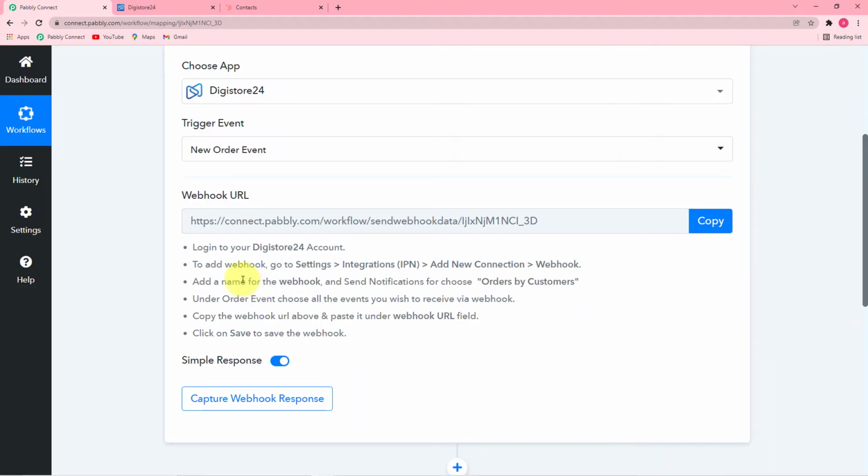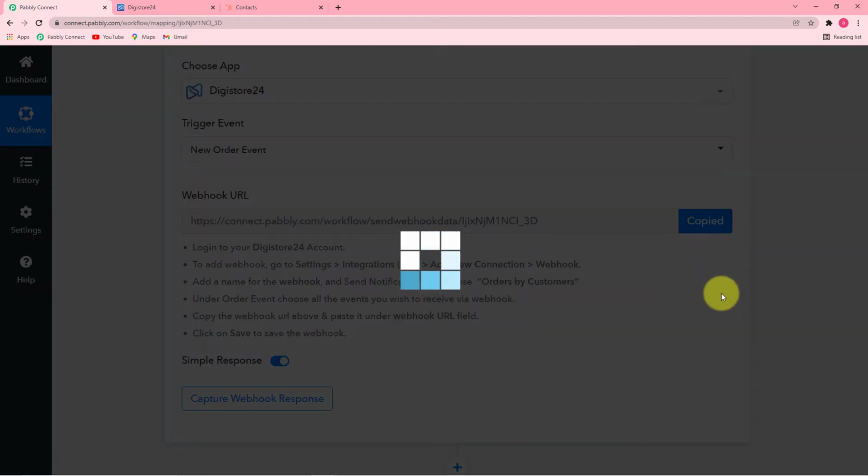and it will generate this URL. So guys, this is called a webhook URL. With the help of this URL, we are going to connect our Digistore24 account first with Pabbly Connect, then we'll follow the other step. Okay, so you can read the instructions below here to make this connection. Let me show you how you can do this. First of all, you have to copy this webhook URL from here,